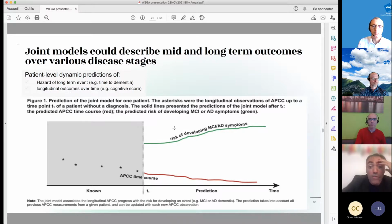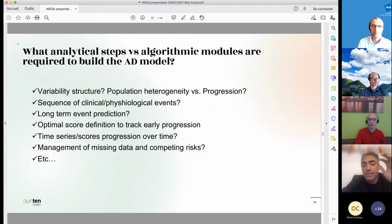And unfortunately, as you know, in the Alzheimer context, the drugs in the ongoing trials failed because they were not designed using these models, and the effect was diluted in the variability. So the next generation of trials have been based on these approaches widely, but it's not enough because you also need